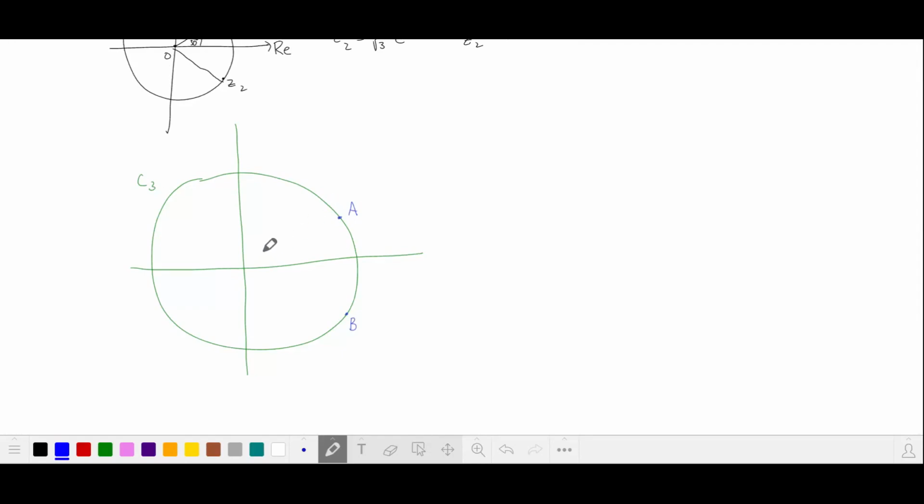Let's call these points A and B again. Again, they're 30 degrees above and below the real axis. And then we have a circle with radius 1 with a center at 1 on the real axis. So it's going to look something like this. This is circle 2. This is the center point P. So our region 2 is going to map to S2, which is this region between these two